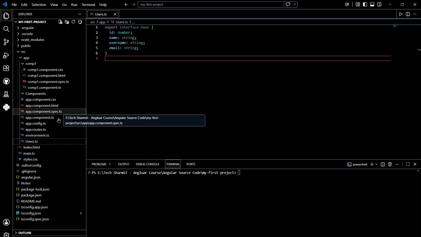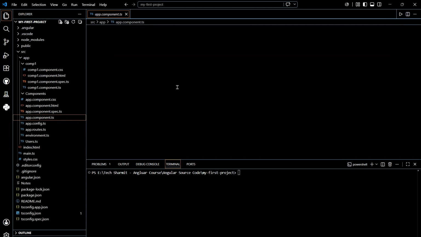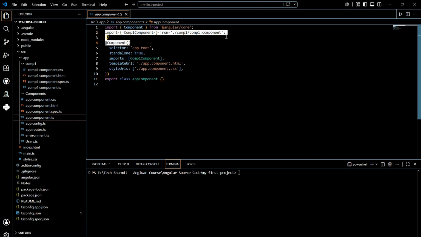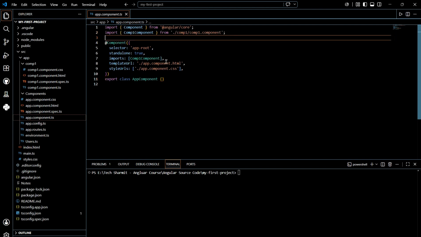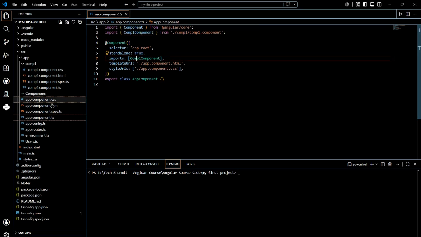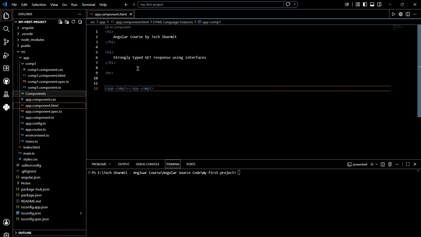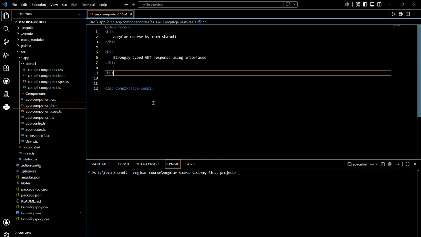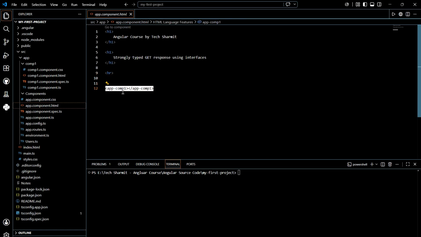In the app.component.ts file we have attached this comp1. So import comp1 component from component. Okay, we have imported it and now we are good to use it in our HTML. So we will go to app.component.html. Here I will put my required heading like Angular course by TypeScript, strongly typed get response using interface, and one horizontal row. After that horizontal row, whatever data we will be processing in comp1 will be displayed here. For that I just use this tag, that is